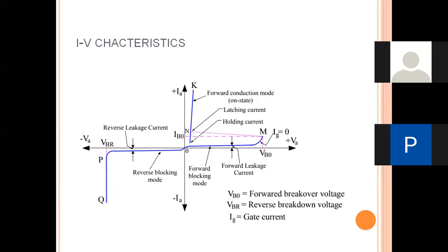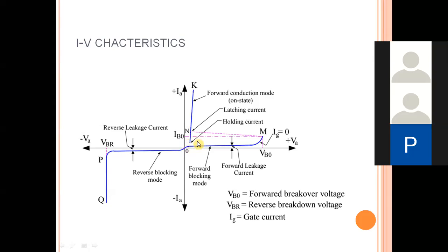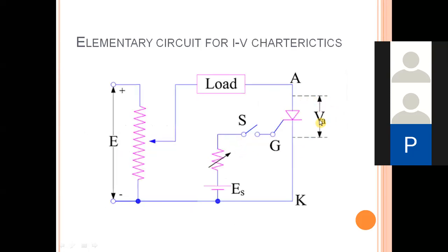0. Is this particular magnitude 0 here? This particular point, is it 0 or somewhere higher than 0? Higher than 0, sir. So as you know the on-state voltage drop for an SCR or a diode or semiconductor devices, mostly it is going to be less than 1 volt, isn't it? So here it may depend upon the device, that particular voltage value is going to be 0.7 volts or 0.5 volts.